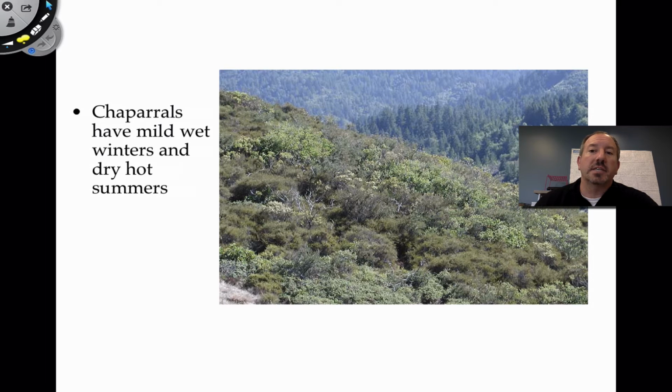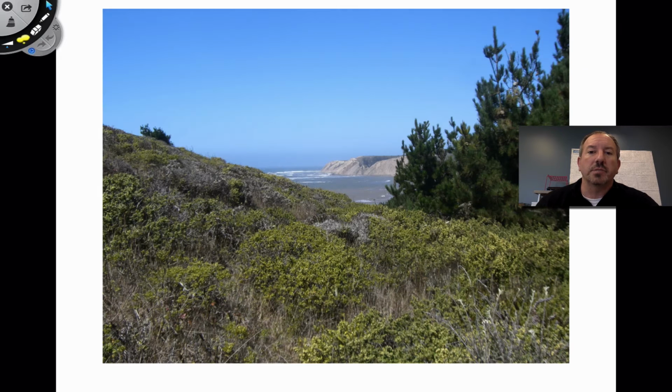But it's typical around the coast of California. And what does it mean? It means that there's sort of a dry summer, and it's going to be raining in the winter, but it's sort of mild for the most part. It doesn't really get too extreme. And this is along the coast of California.